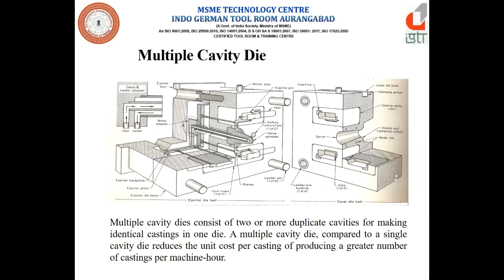On the other side, the disadvantage is that an increased number of cavities increases the potential for operating problems and sometimes results in a slightly higher scrap rate. The number of shots per hour is slightly reduced for multiple cavity dies, and these dies may require larger die casting machines.